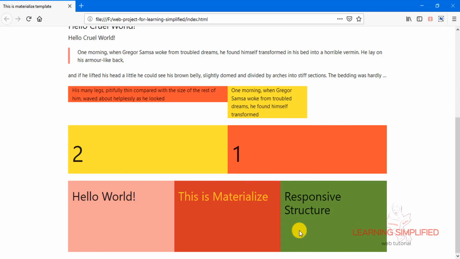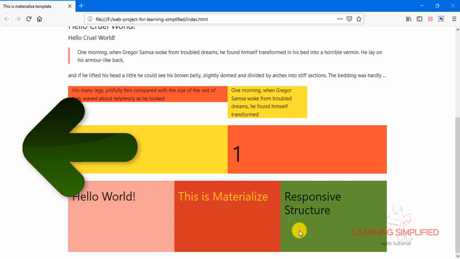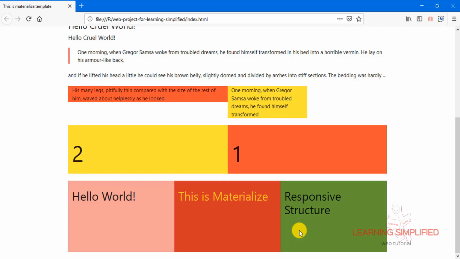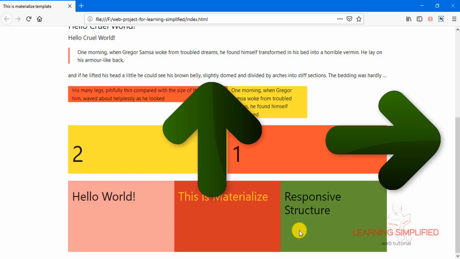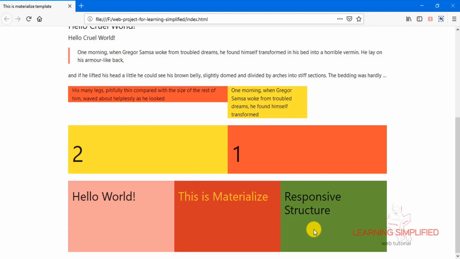Now we can see on the other hand that by default all those alignments are practically left aligned. That means if we do not mention anything about the alignment, then all those tags or everything that we use inside this particular grid structure should be aligned into the extreme left position. But what if we want to provide some kind of right alignment or central alignment over here? Then in that case there are some quick classes that have been defined in Materialize CSS, and